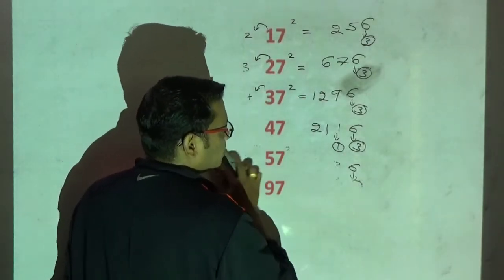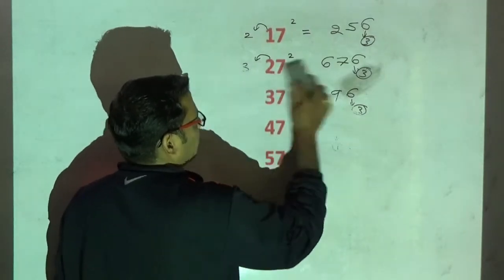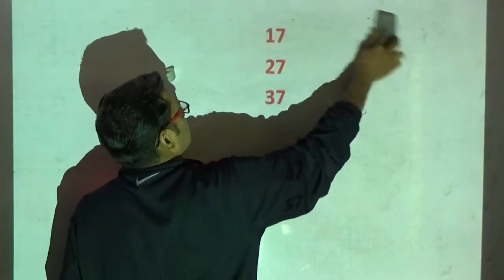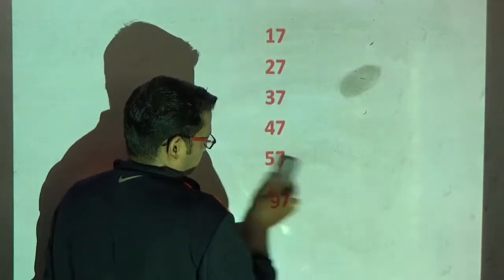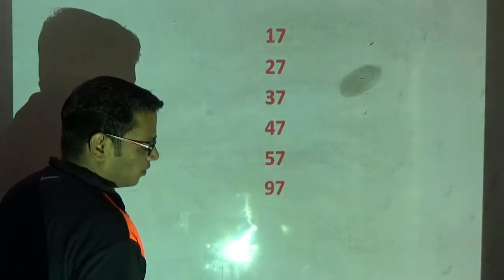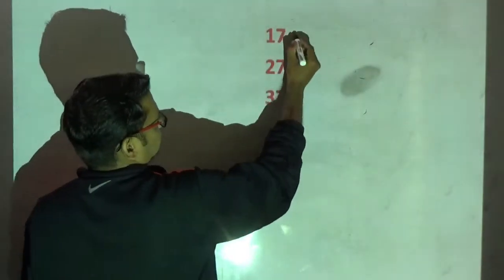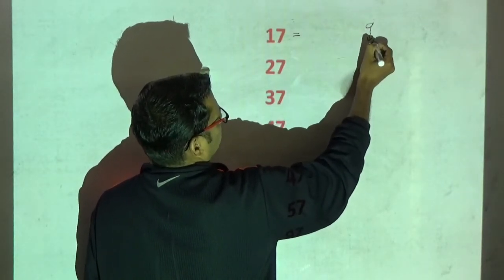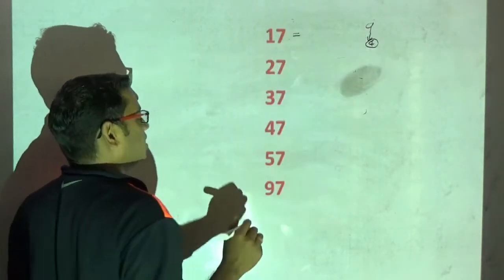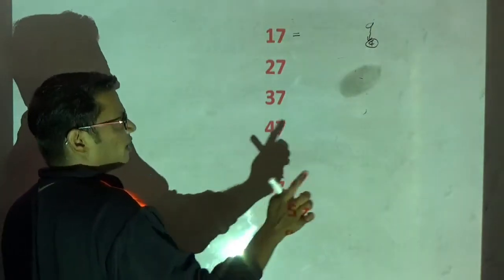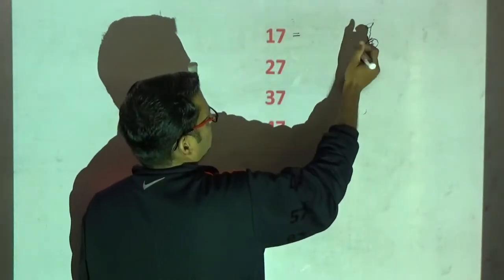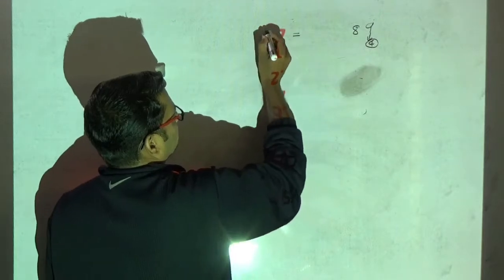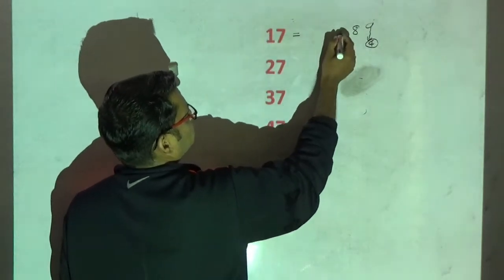Ending with 7, similarly, you can apply the same technique as for 6. Now 6, 7, 8, 9 are one technique. See here. 7 square is 49. Carry is 4. Double of 7 will become 14. Unit place is what? 4. 4 into 1 is 4. 4 plus 4 is 8. Then what is the next number? 2. 2 into 1 is 2.